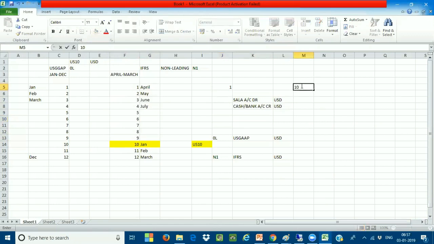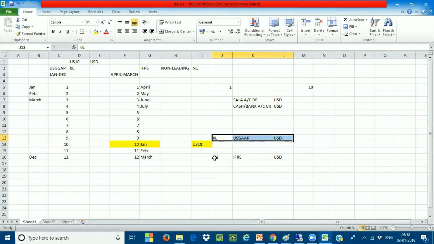Now there is a complete deviation from fiscal year to fiscal year, and the reporting system is also completely different. Here I'm using US GAAP, and here I'm using IFRS. For the same company code, I want two reporting systems: one in US GAAP at the leading ledger level, and an IFRS-level reporting system for the Indian transactions. You have already maintained one reporting system, the leading ledger, which is the main ledger, called the parent ledger.